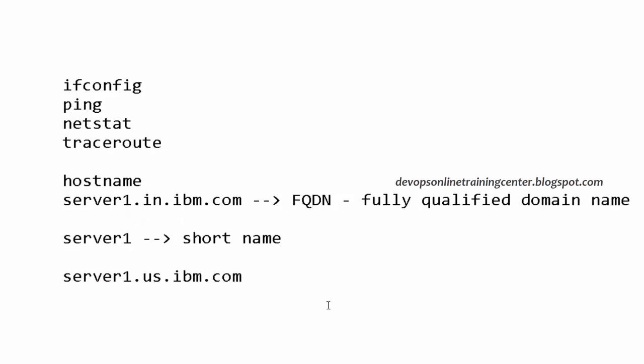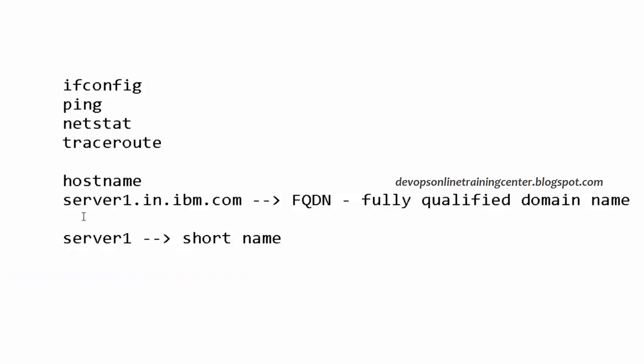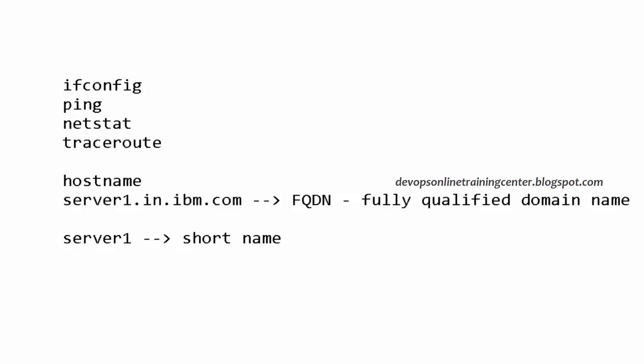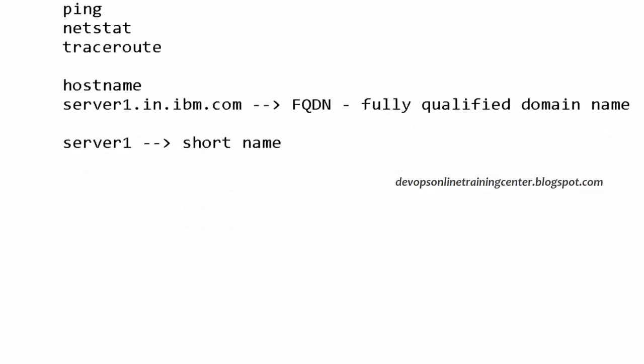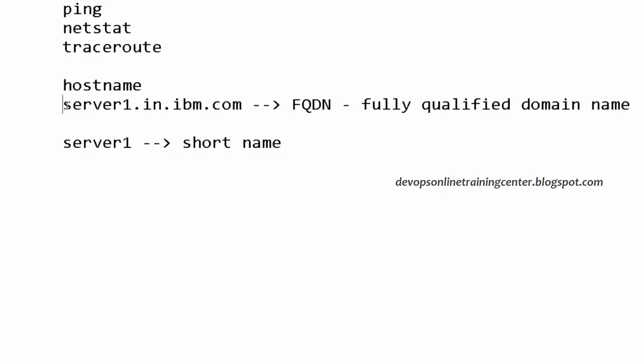So what is this? This is the full name of the machine. We can connect to a machine using this full name, the fully qualified domain name, FQDN. When we are assigning an IP or trying to connect to a machine, we use the full name, so the machine will be reachable. So ifconfig -a is the command to find the IP address, and hostname is to find the machine name.